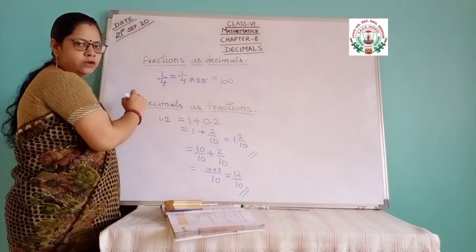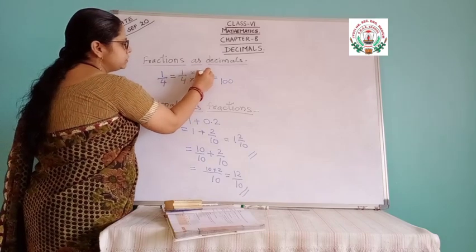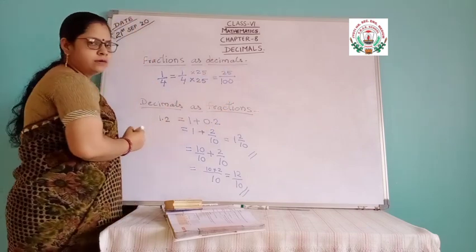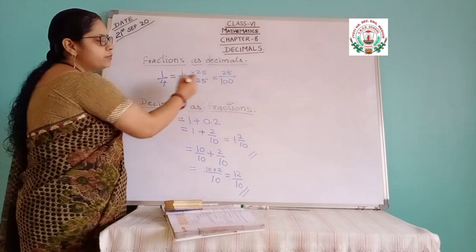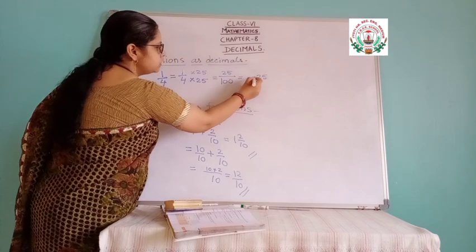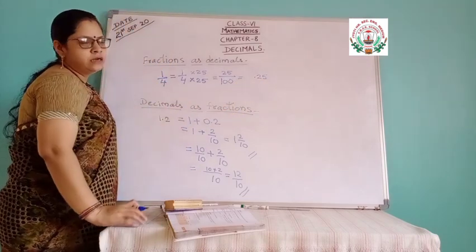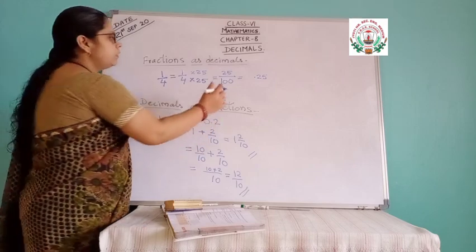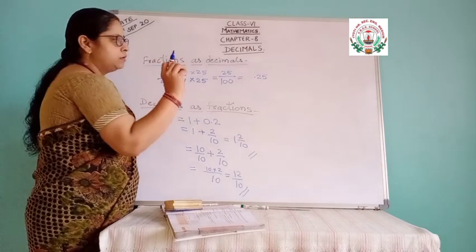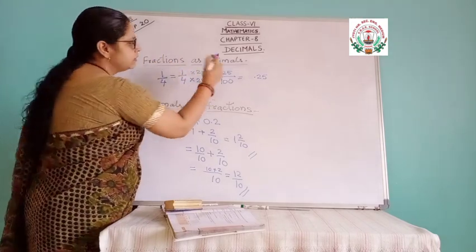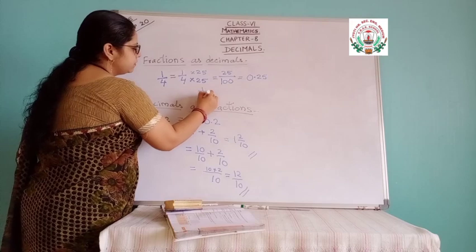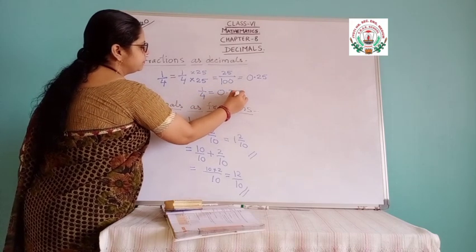So what we do for the denominator, the same we will do for the numerator also, as we have studied in the fractions chapter. So here you will get 25 by 100. Now, by 100 is there, means before 2 digits the decimal should come. So these are the 2 digits and here the decimal will come. And the number will never start with the decimal, so something we have to write before it. We can't write 1 here, because 1 is a natural number, you can't say it is a whole number. So any whole number you will put here, you will put 0. So this 1 by 4 is equal to 0.25.